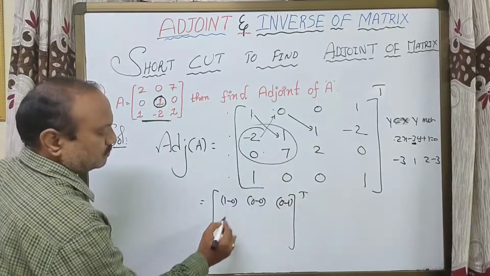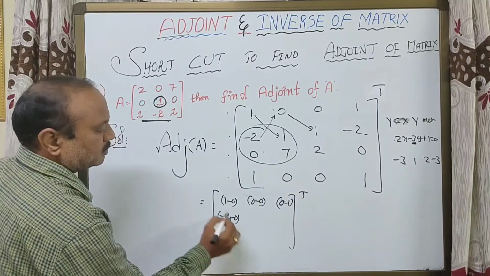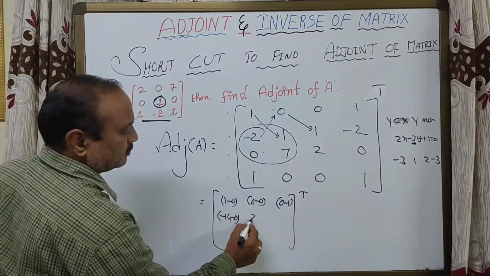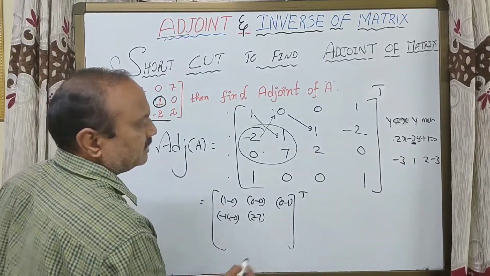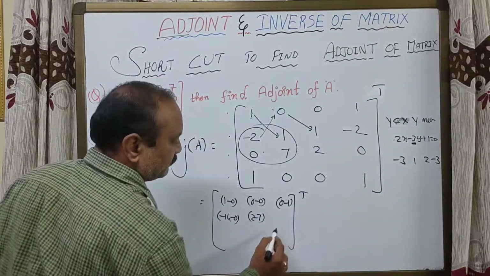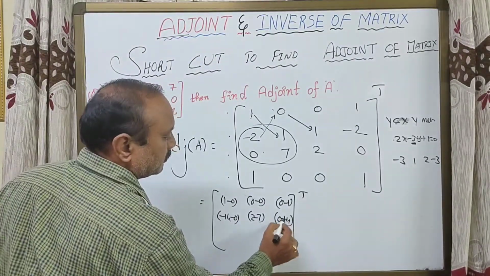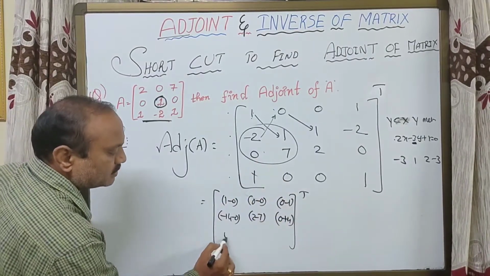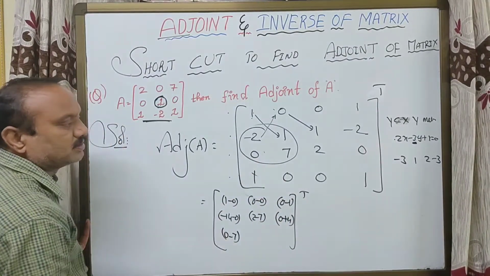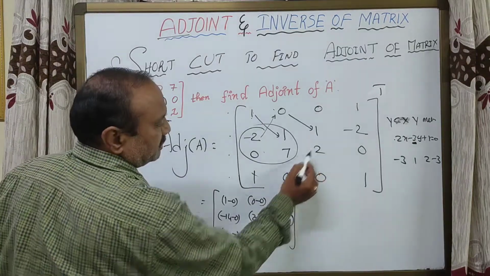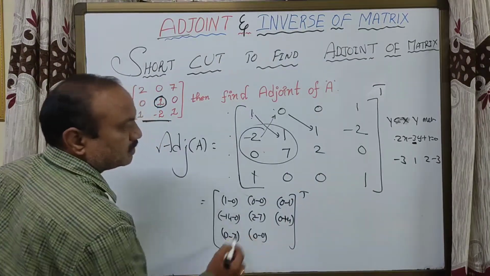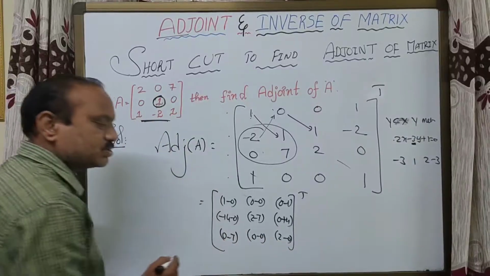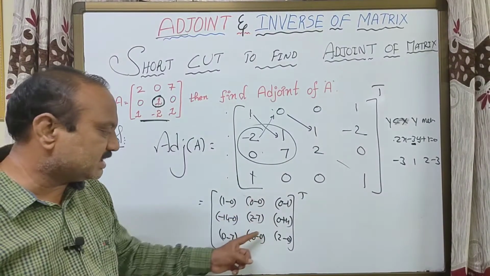minus 14, 0, next 2 minus 7, and then 0 plus 4. Now the last 2 rows, 0 minus 7, 0 minus 0, 2 minus 0. My dear students, these are nothing but